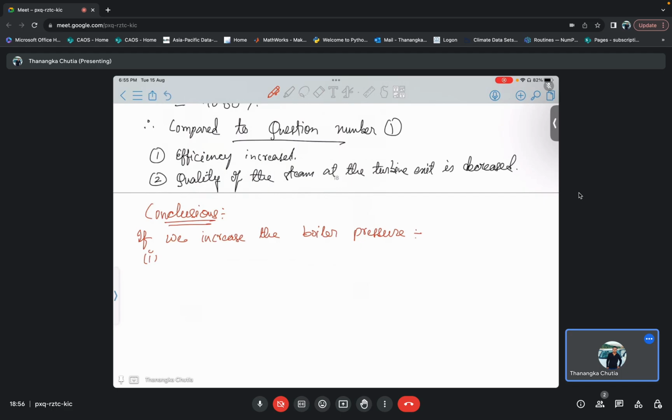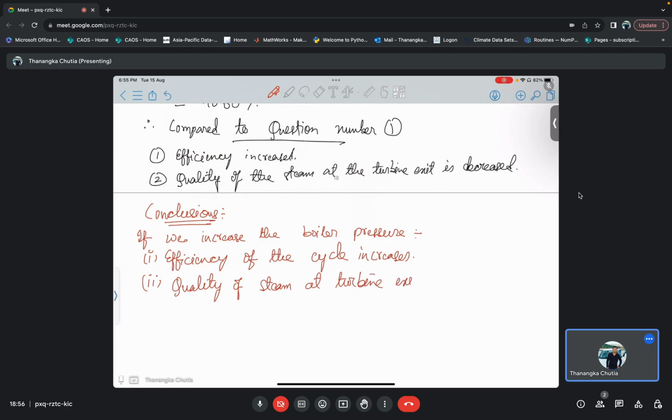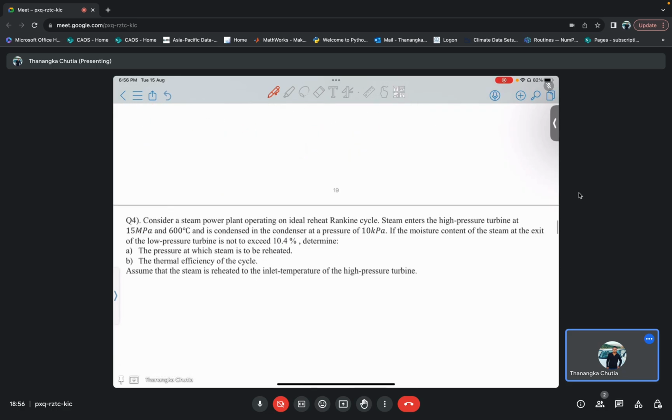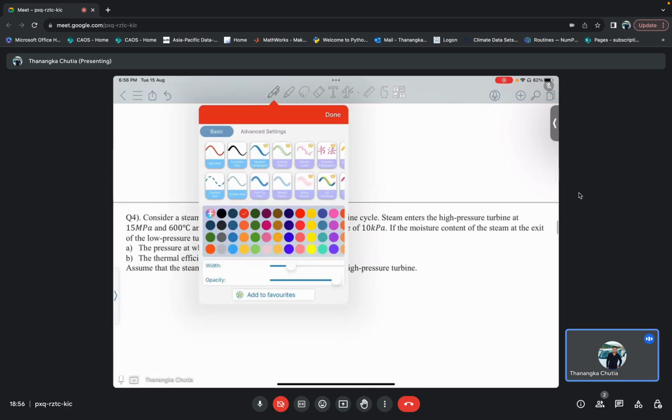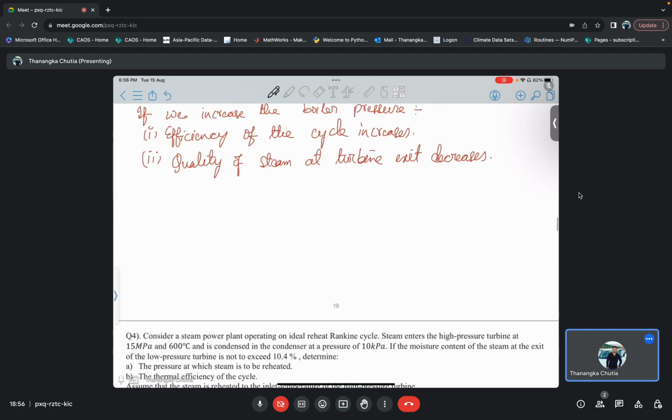Number one, the efficiency of the cycle increases, but the quality of steam at turbine exit decreases. Okay, fine. So that means the two ways, these are the first two ways by which we can increase